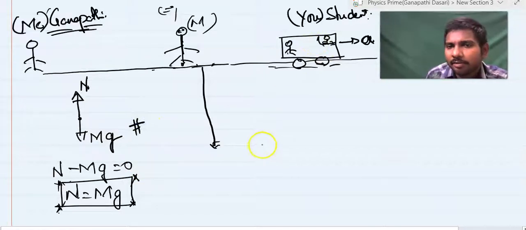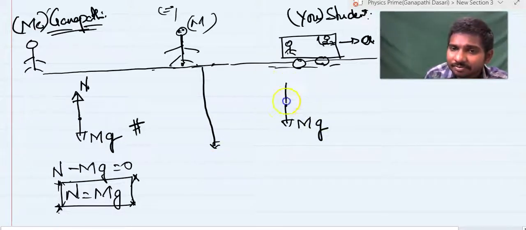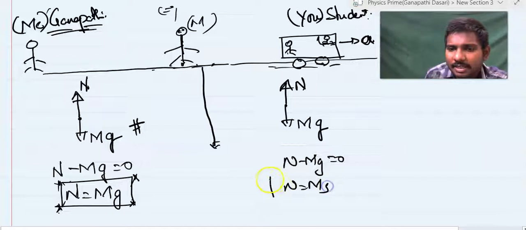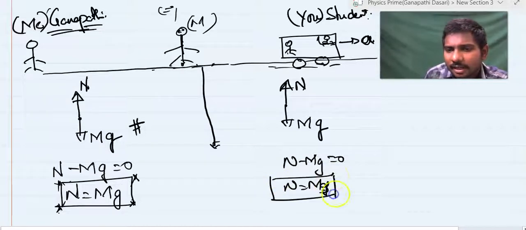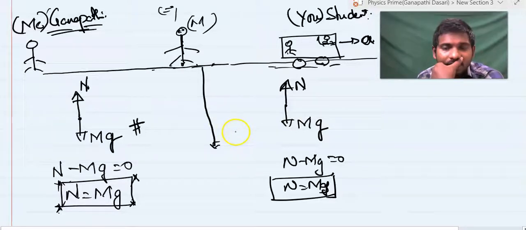From the student's point of view, again, the free body diagram is like this. The force is mg, and there is a normal reaction, and there is no vertical motion. So N minus mg is equal to 0. So N is equal to mg. But you carefully observe here: are there any other forces according to the student on this man? Absolutely no. But